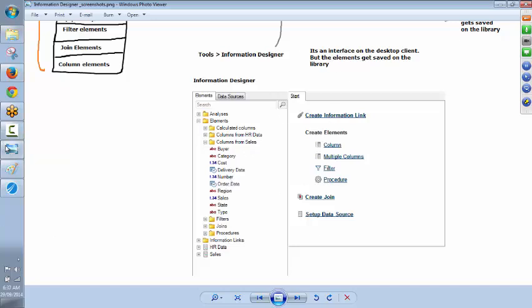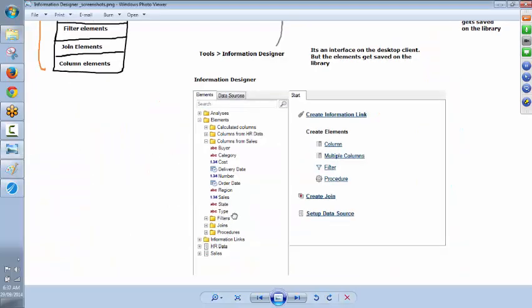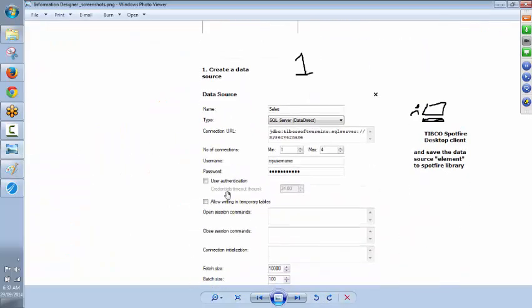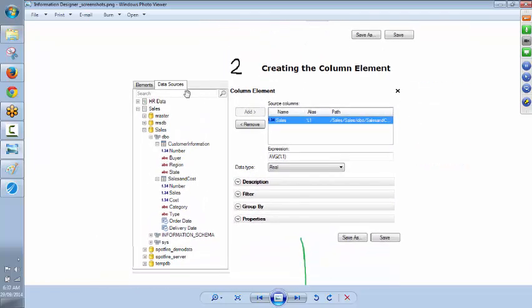So the next is creating those column elements there. Now, we didn't have to do any of these when you added data from that flat file. All the columns got pulled in from the data source automatically when you added that Excel file. But here we'll have to do it the hard way, which is, look at like this. The data source that we had configured in the previous step,